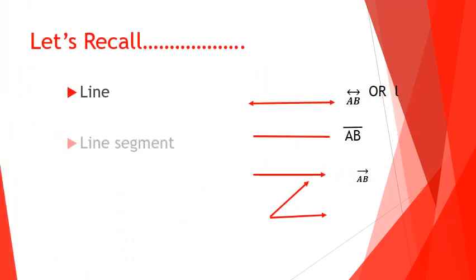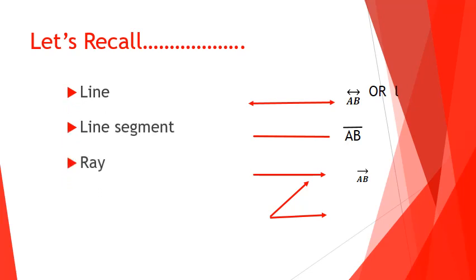In the earlier class, we have studied about lines, line segments, rays and angles. Line segment and ray are represented by two uppercase letters of the English alphabet. I have marked it like this, line AB. Now we can see the characteristics of line segment and ray. A line has two arrow marks on both sides. That means both sides can be extended endlessly.